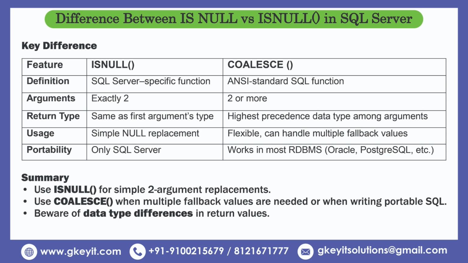Coming to the COALESCE function, use it when multiple fallback values are needed or when writing portable SQL. For example, there are more than 2 arguments for a particular column and we want to identify the first not null value. In such a scenario, we use the COALESCE function. And we have to be aware of data type differences in return values while using the ISNULL function, whereas COALESCE function